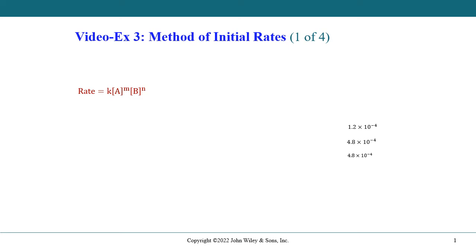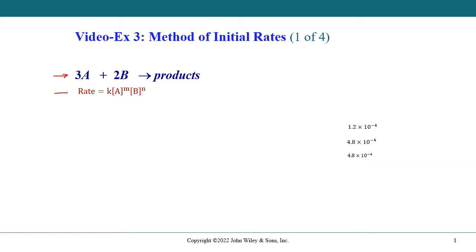Welcome, Chemistry 1B, Unit 5, Video Example 3. We're going to learn a method called the method of initial rates, where we can determine the rate expression for a particular reaction. Okay, so in this sense, we see we've got 3A plus 2B goes to some products, and